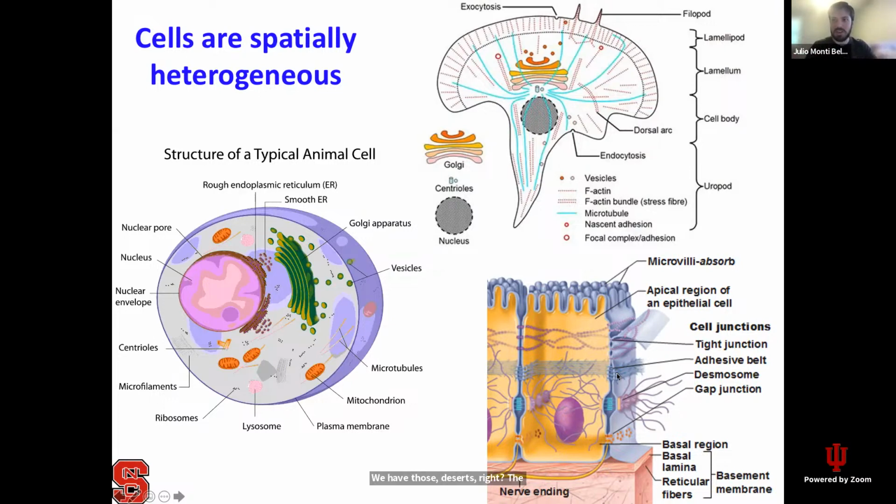The cells are strongly connected to the neighboring cells to ensure that the epithelium does not fall apart. And at the bottom side of the cell, again, its physical, chemical, and signaling properties may be very different, because that's the part of the cell that's actually attached to the extracellular matrix that sits beneath the epithelium, right? So all those different cell regions, apical, central, and basal, have different adhesion properties. They may have different